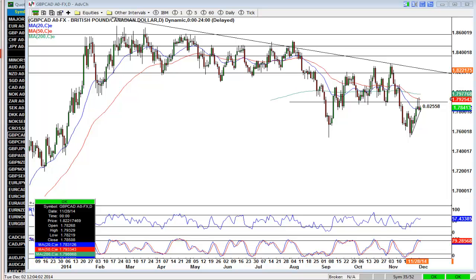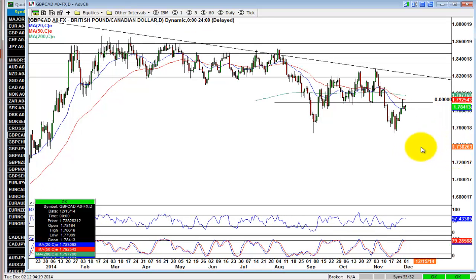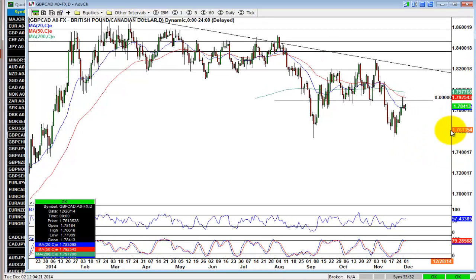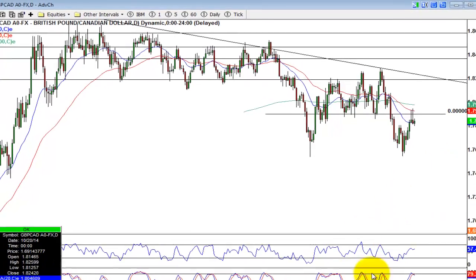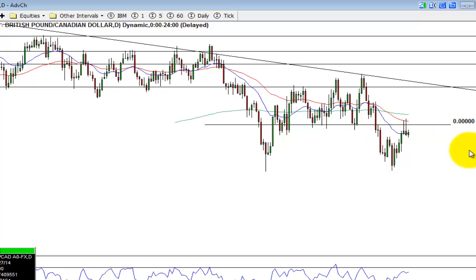Just want to talk to you a little bit about pound CAD, this cross-currency pair. We've got a potential sell setup on the horizon, although it's not quite cooked yet. I just want to talk to you a little bit about why it's looking bearish. Admittedly it's not the best technical setup we've had, although it is valid, and I'm going to tell you exactly why. So without further ado, yesterday, Monday, closed as a